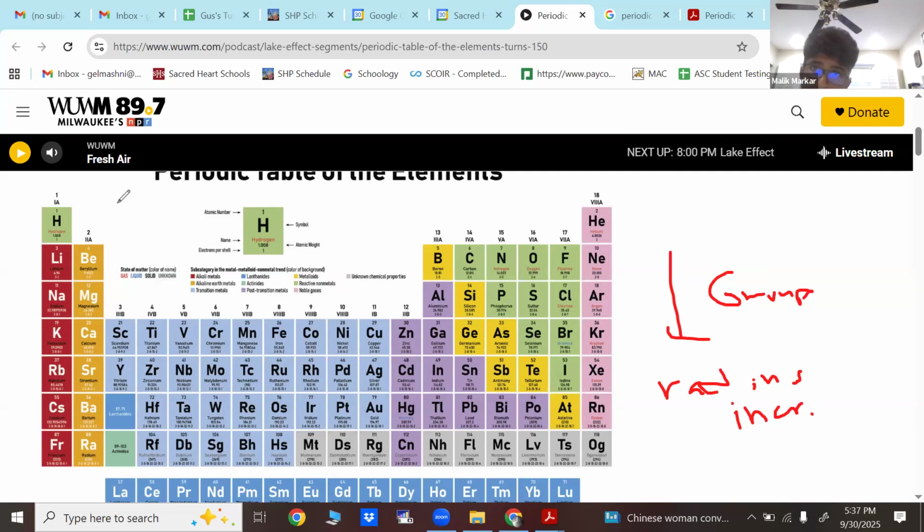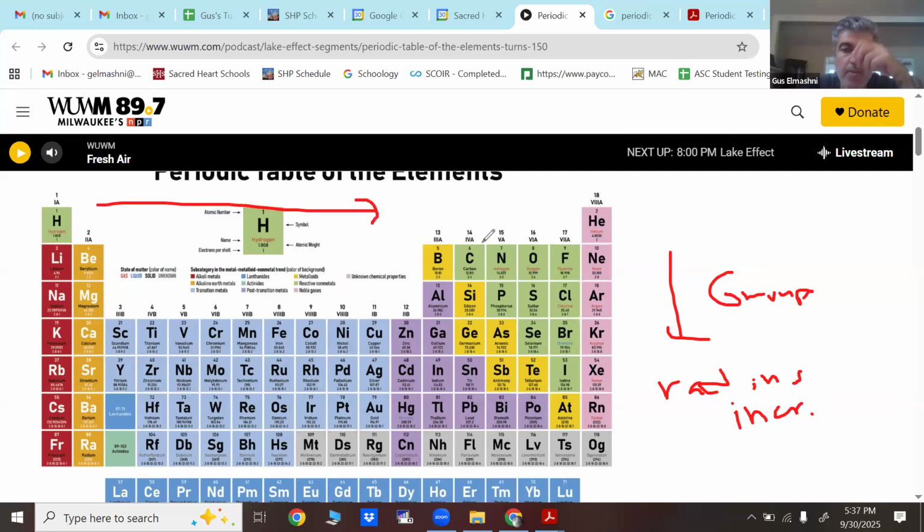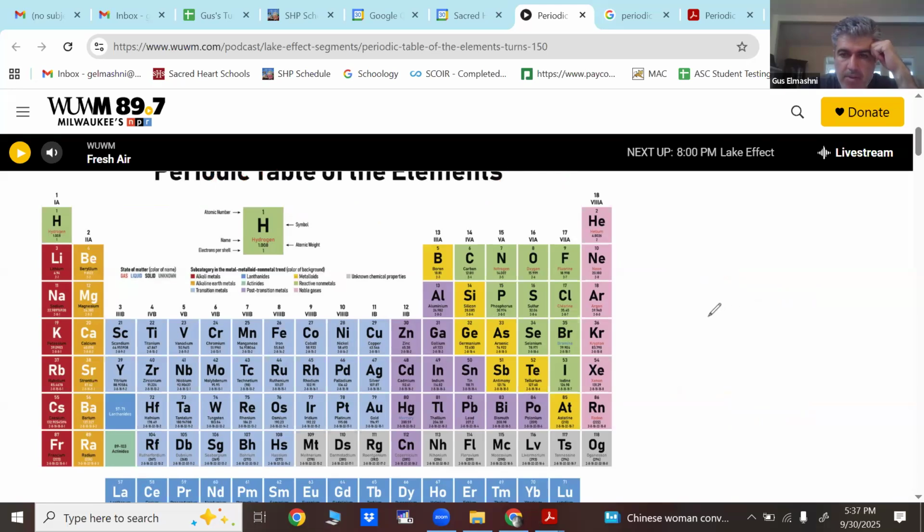As you go along the row, it's a little confusing. Even though fluorine has more protons or is a higher number, when you go along the row to the right, the radius will actually decrease. Why is that? Because what's happening, if I draw the second row, you have your nucleus in the middle,